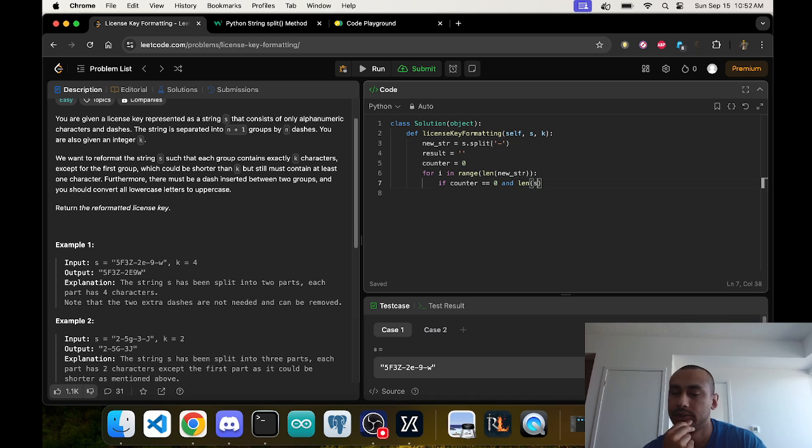So if it's odd, so if the length of the string is odd, or if K is odd,